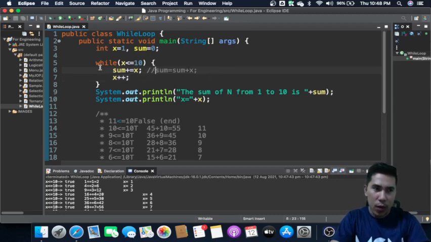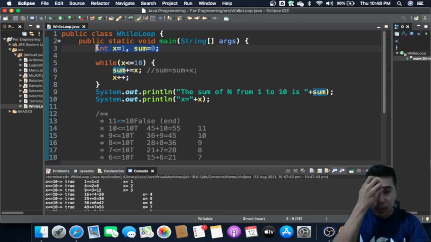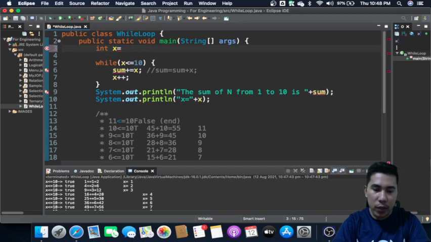Okay, so let's have another example. Let's try this one. I'm going to give you a value, let's say x is 2, and then y is equal to, let's say, 3.